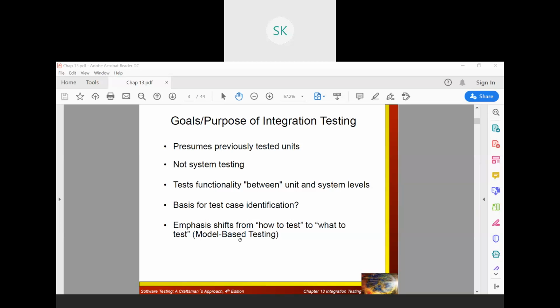So that is where your model-based testing comes into the picture. Model-based testing is nothing but, okay, you have got an idea about how your entire single program works. If you just integrate it, how will it be working? For that, one model is required. That is nothing but the block diagram, which tells you where the first input will be, and from there, where it needs to flow next to the other party. That is what model-based testing is all about. In model-based testing, it plays a vital role. What to test? It is the entire model that I need to test, not the single unit. So it purely depends.